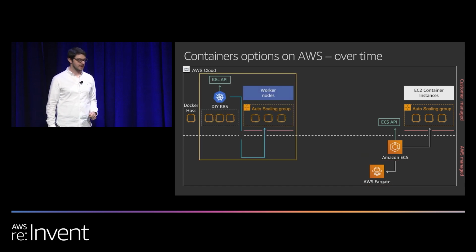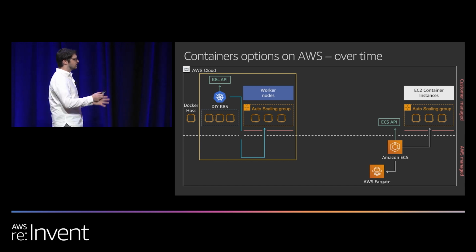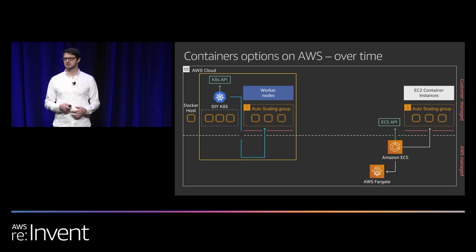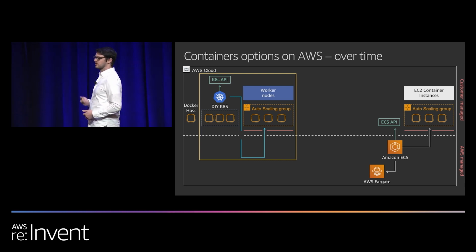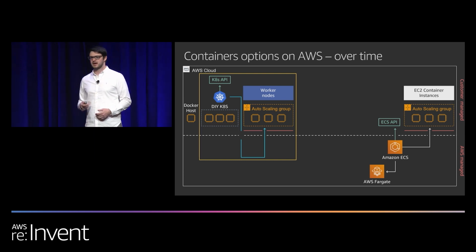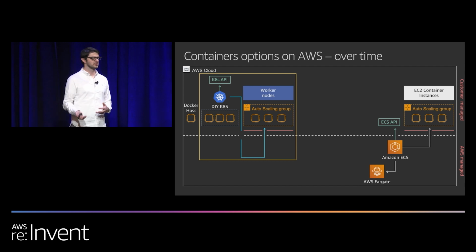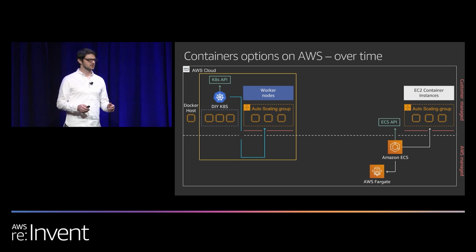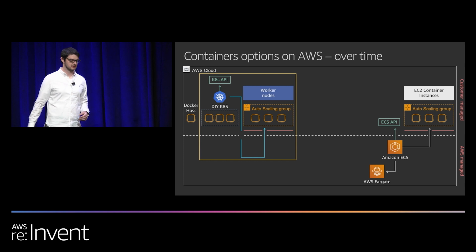And similar to how we noticed customers running Docker directly on EC2, we started to see, probably around 2016, Kubernetes become generally available, Kubernetes 1.0, and customers started adopting Kubernetes because of the extensibility of the API model and the portability of the APIs. We started to see customers running Kubernetes on EC2 virtual machines. And these customers, many of you, told us that they wanted an easier way to run Kubernetes on AWS.